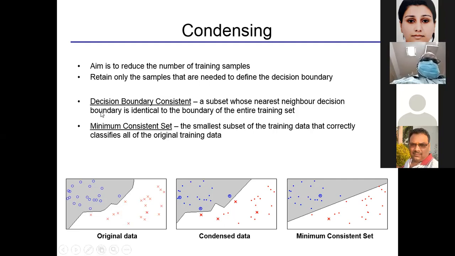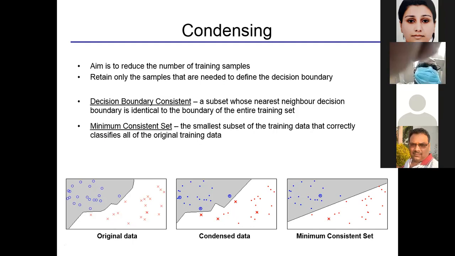So we have two kinds of parameters: one is decision boundary consistent, another one is minimum consistent set. If you look at this diagram, you can easily find the difference between these three. And what is the difference? Let me tell. First is decision boundary consistent. Decision boundary consistent is basically a subset of those nearest neighbor decision boundary that is identical to the boundary of the entire